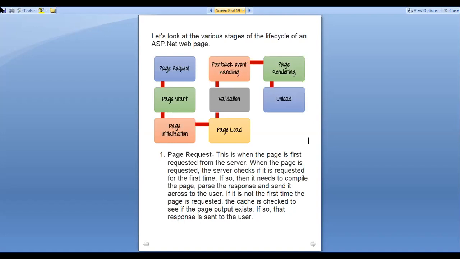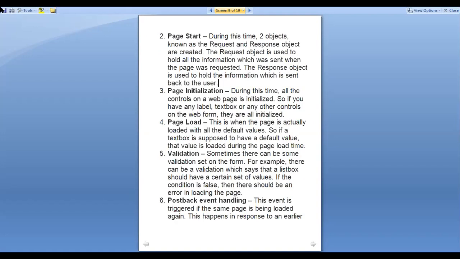Then the next one, page start. So what does page start exactly do? During this time, two objects called the request and response objects are created. The request object is used to hold all the information which was sent when the page was requested, and the response object is used to hold the information which is sent back to the user.